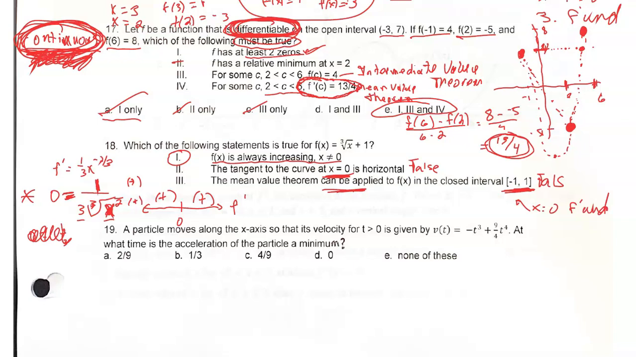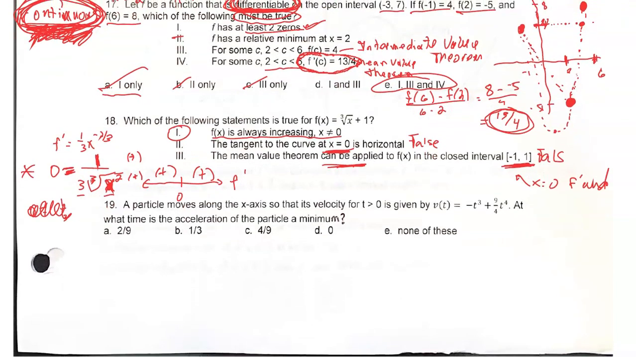Okay, 18. Just pay particular attention to the way this is worded. You are given a velocity, and they want to know when is the acceleration a minimum. So whatever I want to minimize, it would be where that derivative is equal to 0. So if I want to minimize my acceleration,